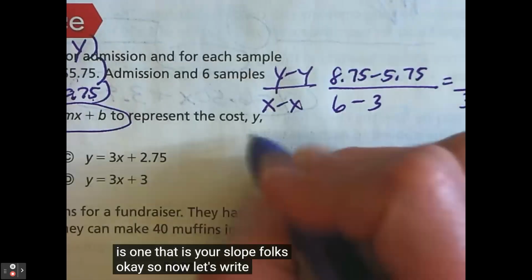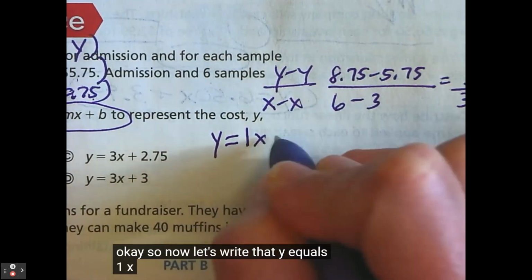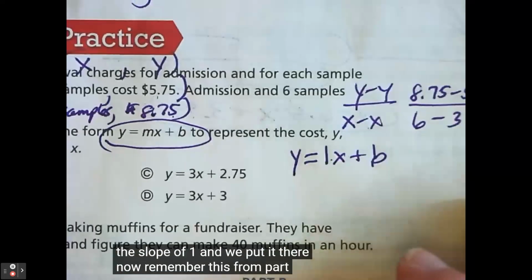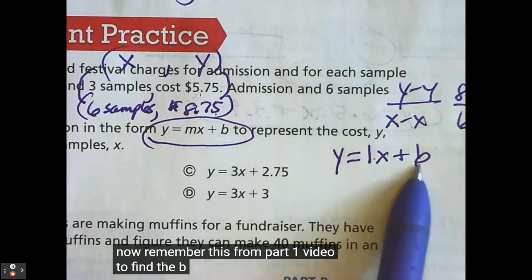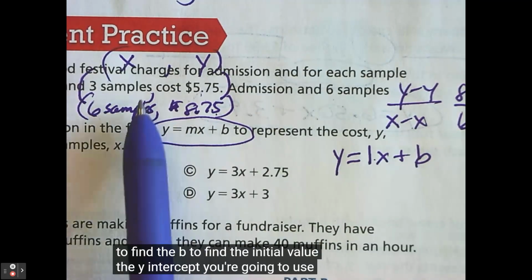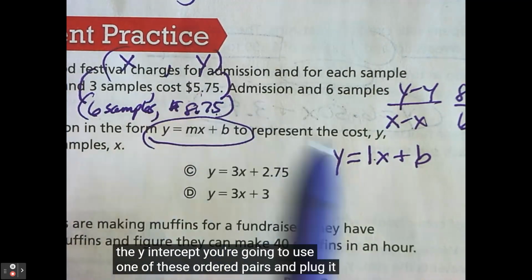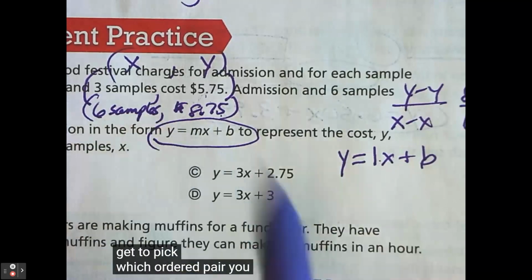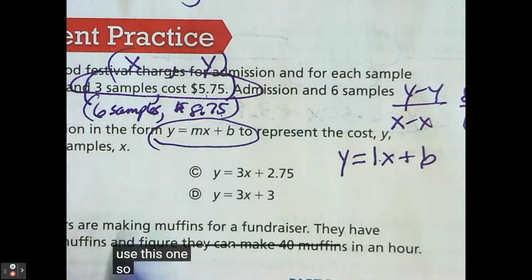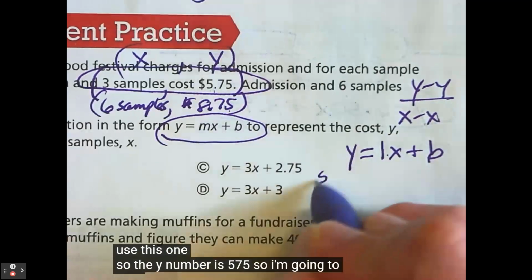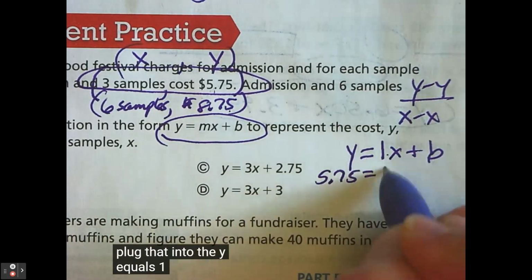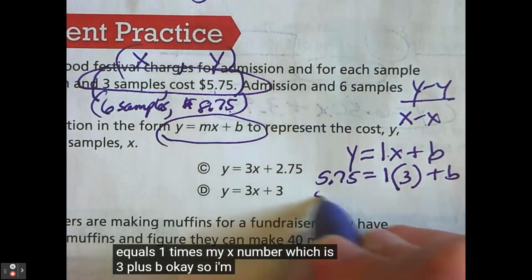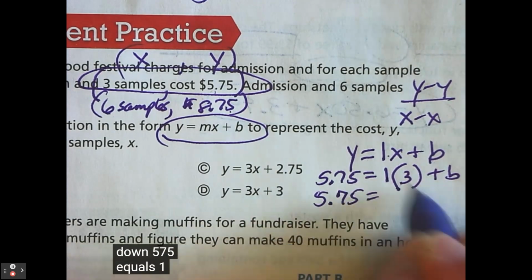Okay, so now let's write that. y equals 1x plus b. That's what we have so far, the slope of 1, and we put it there. Now, remember this from part 1 video. To find the b, the initial value, the y-intercept, you're going to use one of these ordered pairs and plug it in for the x and the y and solve to find the b. So you get to pick which ordered pair you want to use. I'll use this one. So the y number is 5.75, so I'm going to plug that into the y, equals 1 times my x number, which is 3, plus b. Okay, so I'm going to bring this down. 5.75 equals 1 times 3 is